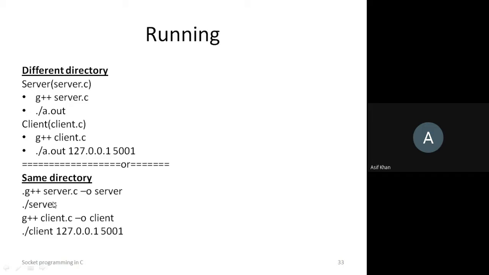You compile the code by writing g++ or cc, whatever compiler you are using. You write that, and you see server.c is the server code, and -o then server. So the object code will be stored in this file server. Then you can run ./server. Similarly, the client code, you compile this way: g++, then client.c, then space -o, then client. So the object code will be stored in this client file. And then you can run ./client, and whenever you are running the client, according to this program, we need to pass the IP address of the server and the port number of the server.